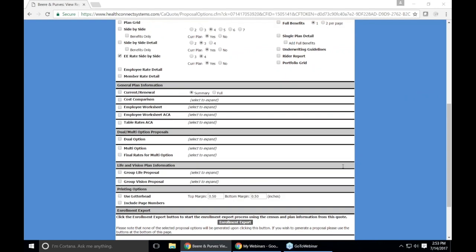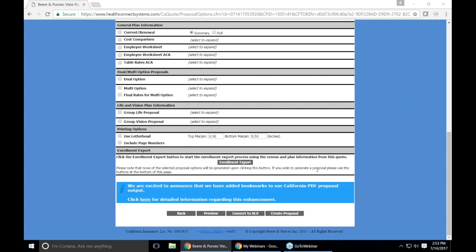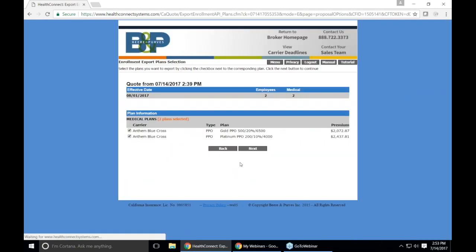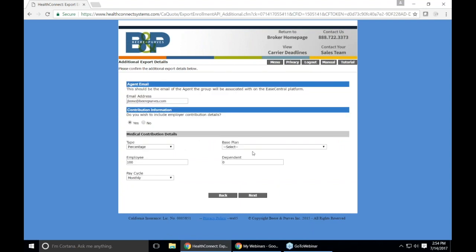So at the end of the quote, there's going to be a new button called the Enrollment Export. By clicking on this Enrollment Export button, it'll take you to the screen where you can select which plans you want to be transmitted to EaseCentral. This is the most recent quote, so I have quoted 2 Anthem PPO plans, a gold and platinum. If you click next, it's going to